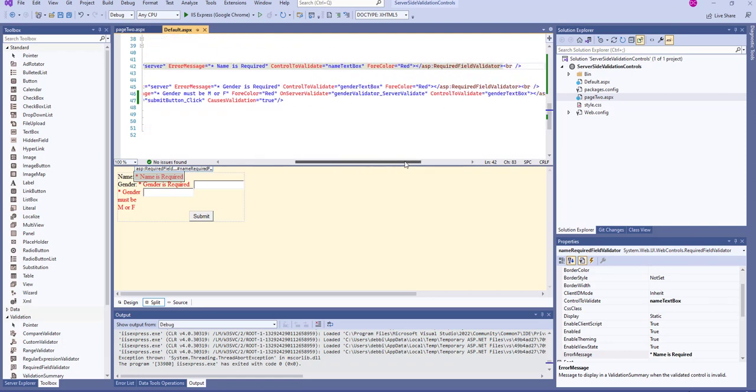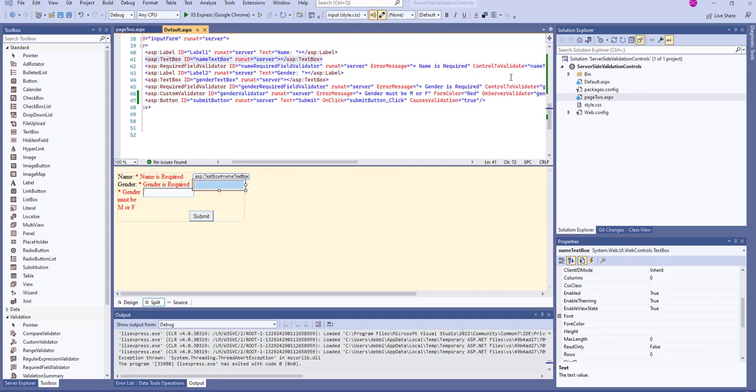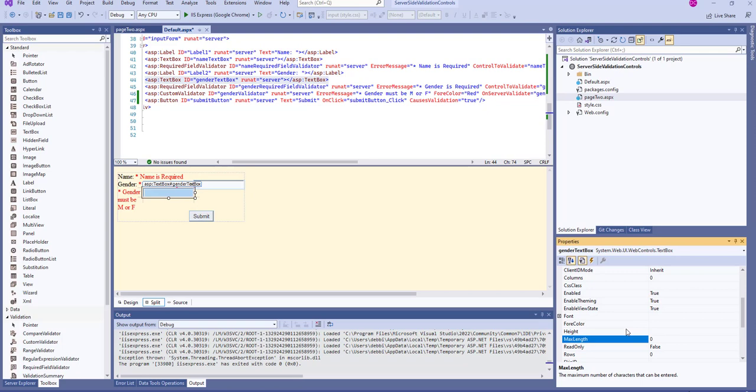And it would be good to validate on the server and on the client. Since these are server controls, they all are executed at the server, what we will do is select the text boxes, and there's a max length property. So set the max length property to 40 here, set the max length property to 1 here, and